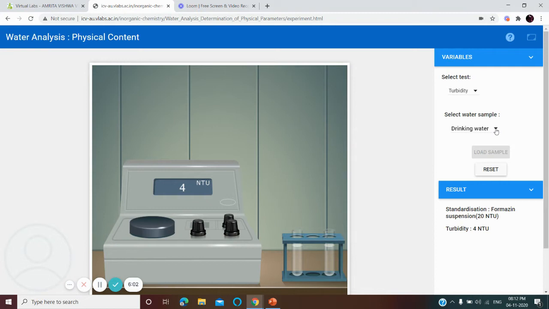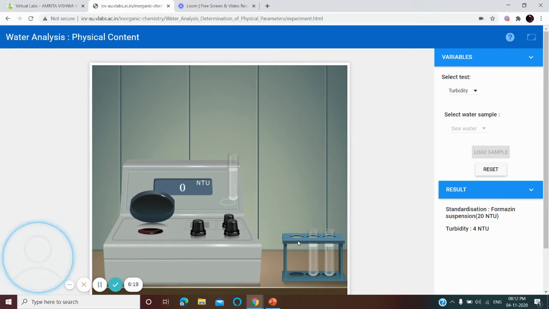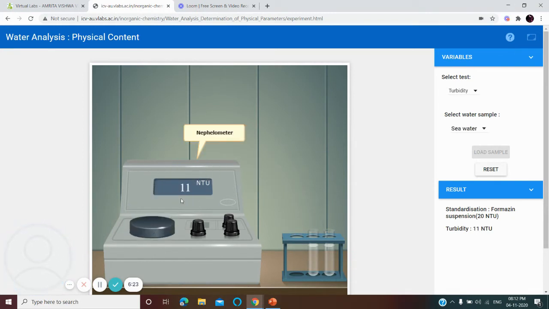Next, you have to keep sea water. You have to select sea water, and then select load sample, and you can see that the next sample is sea water and shows 11 NTU.